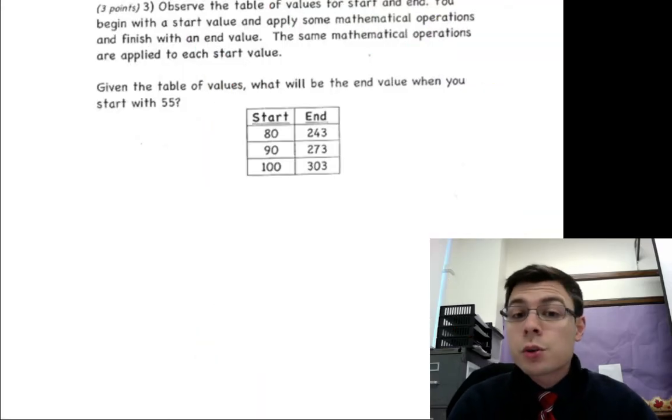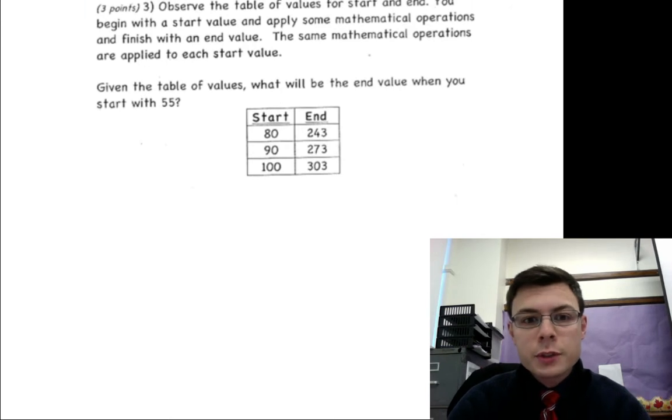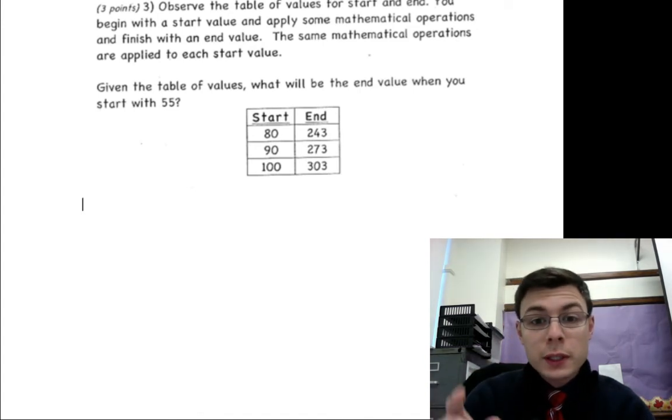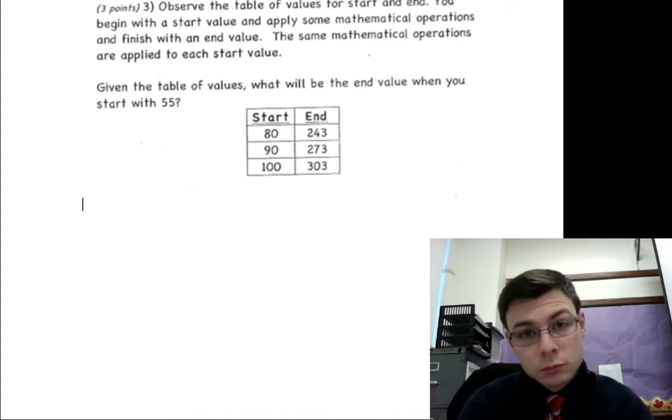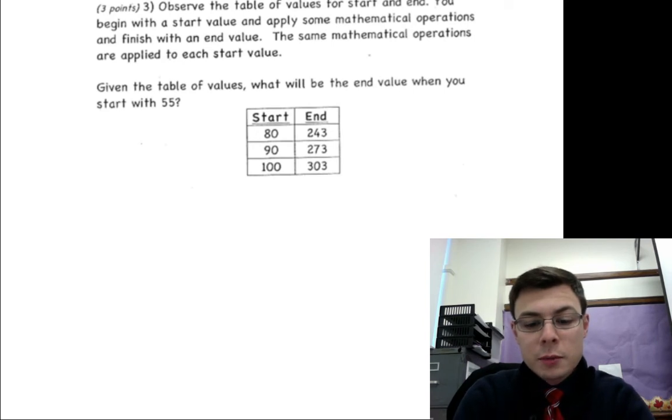So, the final question, question number 3. We're given what we classically refer to as an input-output table, right? A table of values. But what we see is that rather than the inputs going up by 1 each time, they're going up by 10 each time. So the thing to consider is that when the input goes up by 10, what's happening in the output? And here we see that the output goes up by 30. Well, if every 10 in the input means 30 in the output, that means every time the input goes up by 1,